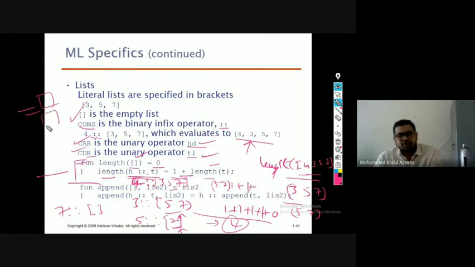So the code is also very simple and more readable. At the same time, evaluation is very simple, and space-wise and other kinds of things, it is easier, right? There's a reason why these kinds of languages are mostly used in artificial intelligence, natural language processing, and most of the real-time applications that we use.